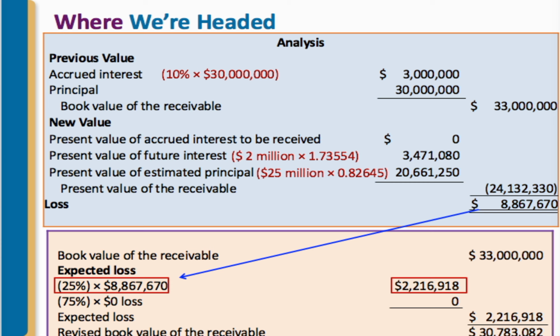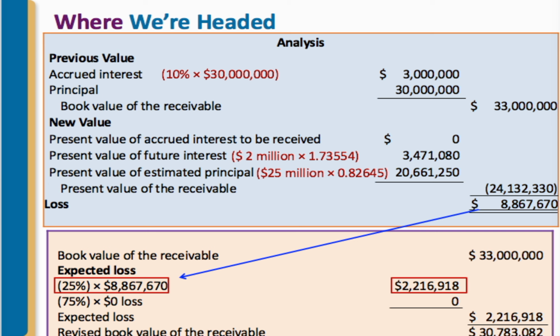So finally here, let's take a look at how the CECL model would handle our Briard Properties example. Briard Properties owes First Prudent Bank $30 million under a 10% note with 2 years remaining to maturity. The previous year's interest of $3 million was not paid. Based on its experience with similar loans and its current projections regarding Briard's ability to generate cash in the future,